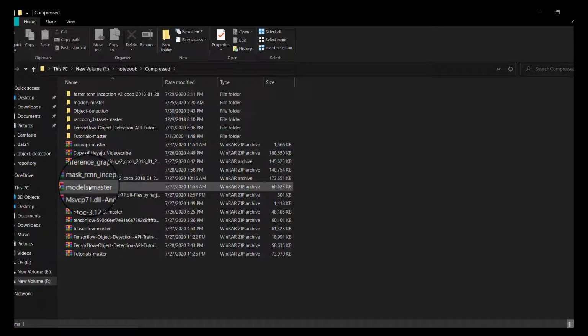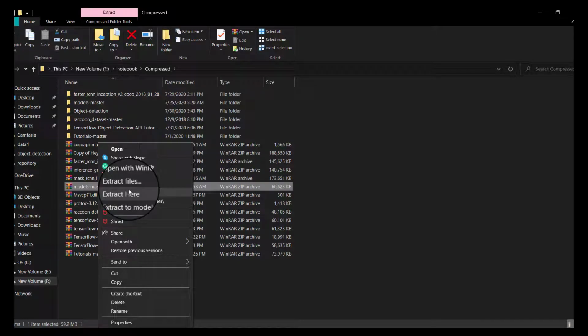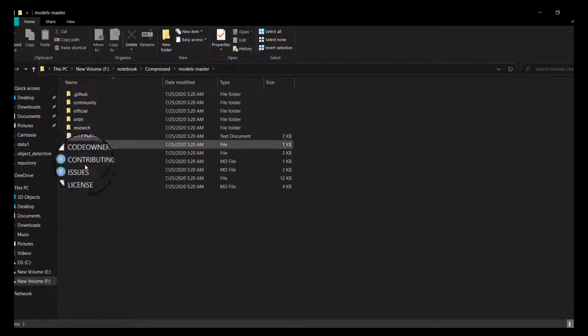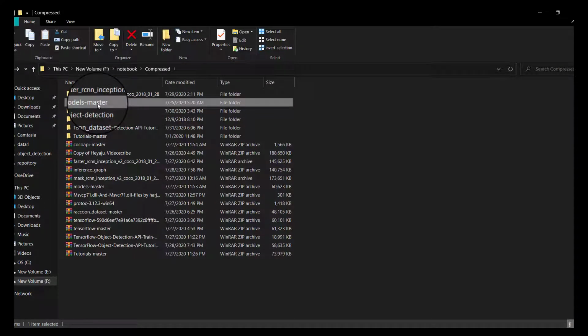So yeah, this is the zip file that I have downloaded from GitHub, and after extracting this file, you have to extract this file. So you will get this file over here. As you can see, all folders are available here. Now what you have to do, you have to copy this folder,